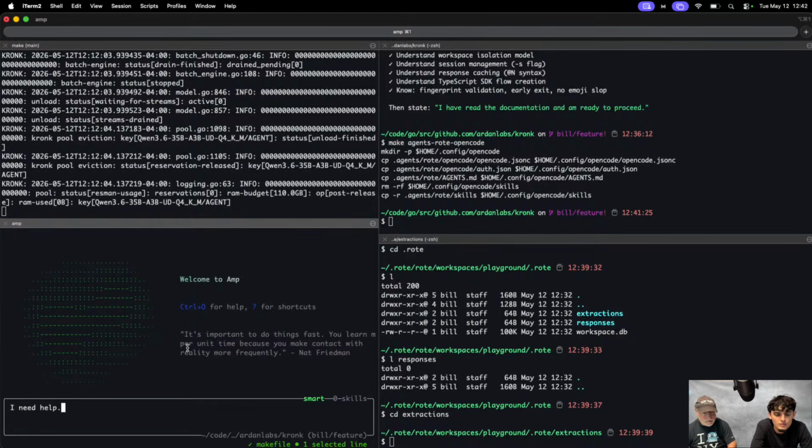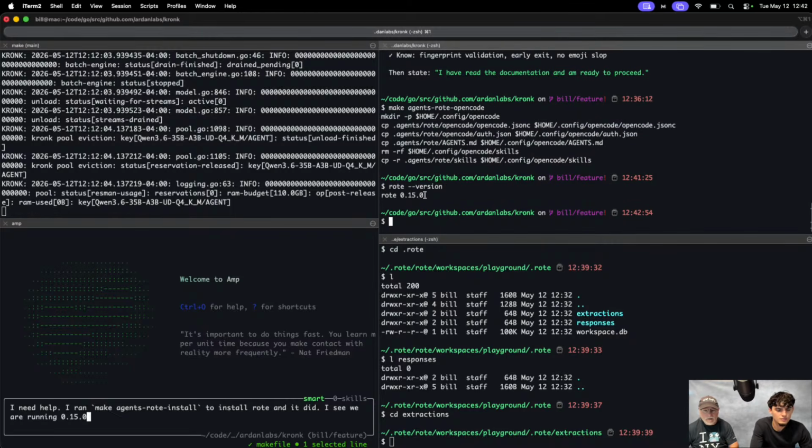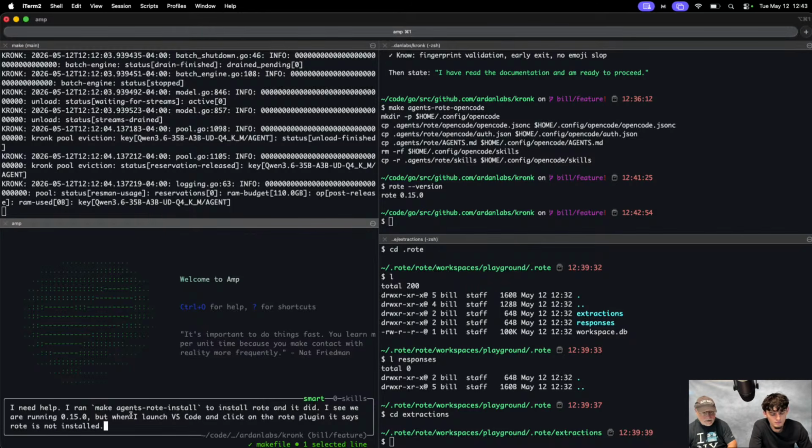Need help. I ran the command to install rote, and it did. I see we are running 0.15.0, right? But when I launch VS Code and click on the rote plugin, it says rote is not installed. Do you have any ideas?